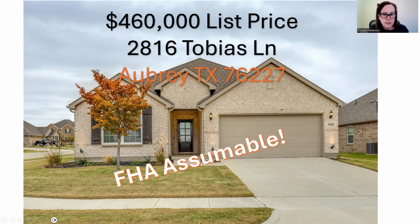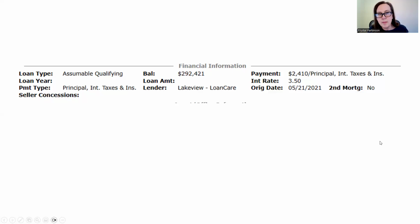So what happens? In MLS, it's going to have the financial information in there. It's going to say assumable qualifying, so the new buyer does have to qualify for the assumption. The current payment is the principal, interest, taxes, and insurance. And the balance for the seller is